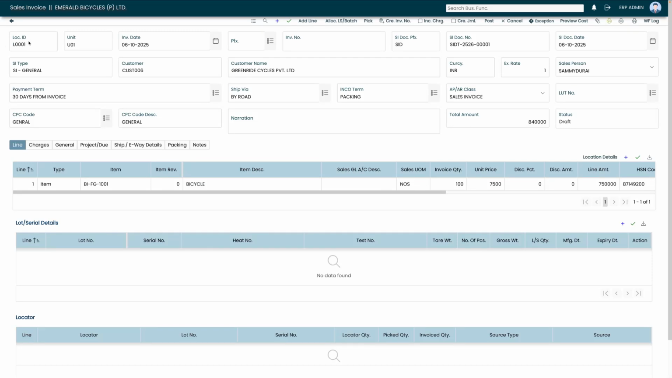So here you have your location ID, unit, and so the invoice date. It holds up your prefix of sale invoice which you have given. So the invoice number which will be getting generated, and then you have your sale invoice document prefix from the voucher setup, and then your sale invoice document number which will get generated automatically, and so a sale invoice document date,